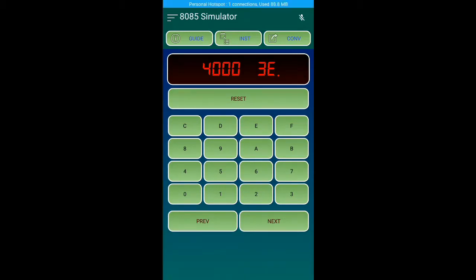Shall we take it? Because 20 is an 8-bit. Or we will take anything between 00 to FF. All these contents will be 8-bit. We'll take the maximum, FF. Shall we take the maximum FF? Yes, sir.